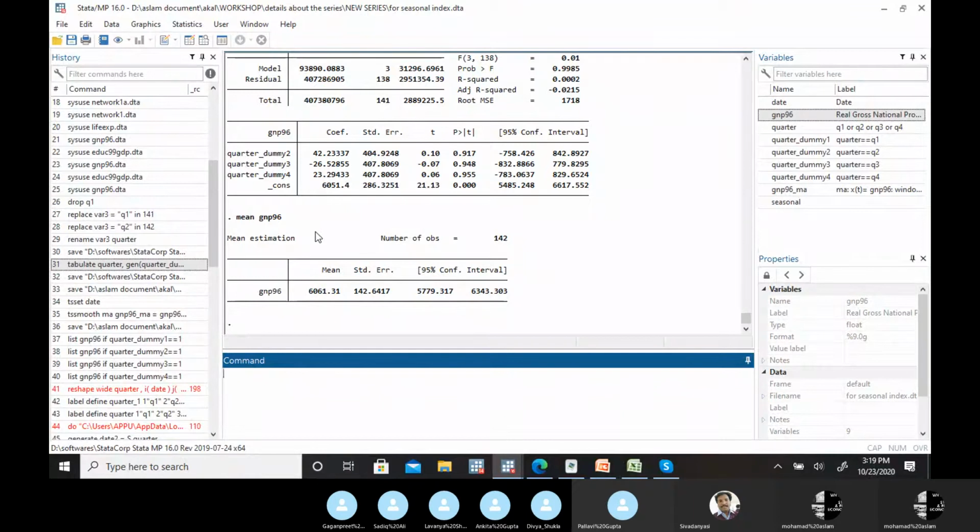So you can do that with this calculation with the percentage, but that's not the appropriate method for these dummy variable models. So this is the impact this quarter has, a seasonal impact on the GNP 96 variable. So this is another way for these seasonal changes.